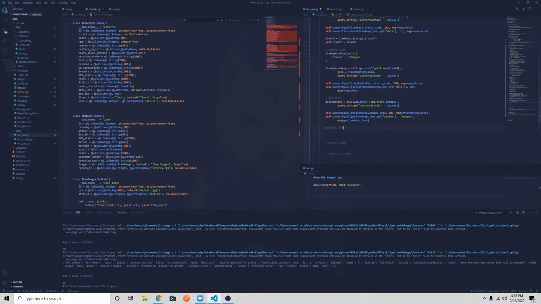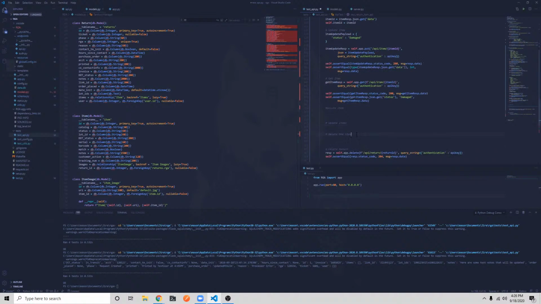Oh, why do I have this down here? You know what? Nah, it's fine. I'll rewrite it. Delete item equals self.app.delete-api-item. Why do I keep doing that? It has to be an F string. Item ID and then the